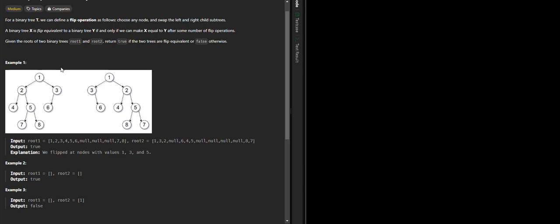Now let's take the first test case. Currently we are checking this tree, with nodes 2, 3, 4, 5, 6, 7 and 8.